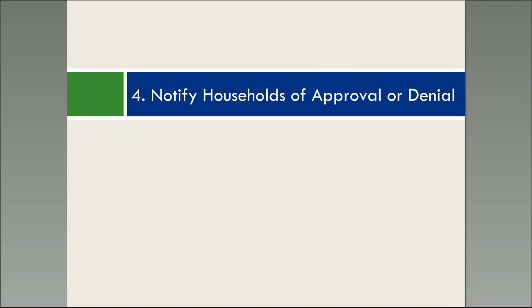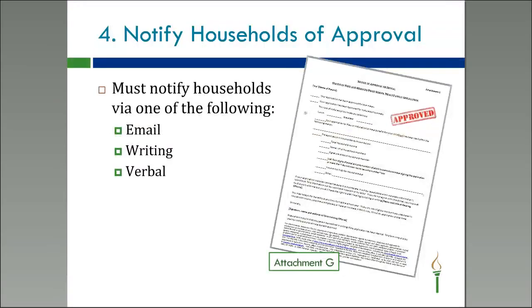After you have determined if the application was completed, determined what eligibility they qualify for, and recorded the eligibility, signed and dated the application, you'll notify the household of the approval or denial. When an application is approved, you must notify the household. If they're approved, you can do this in writing by email or mail, or you can also let them know